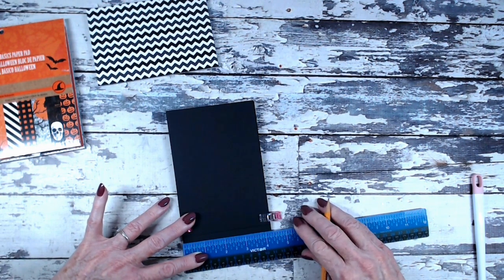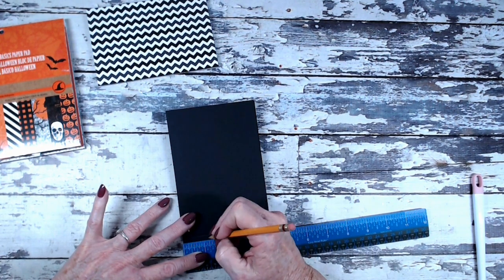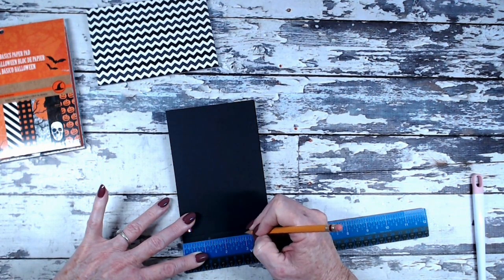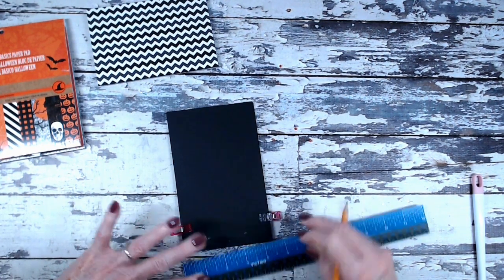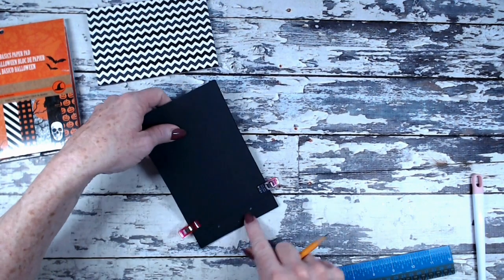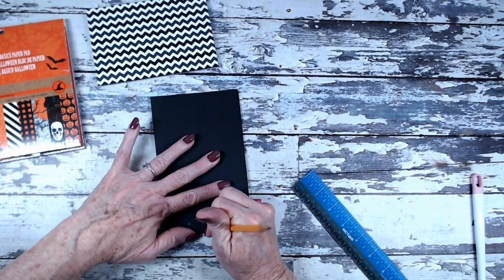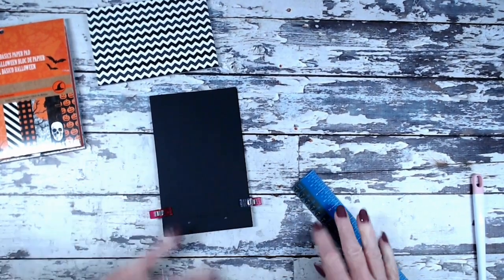Yeah, I'm going to do them at 1 1/4. So I'll put one here and 1 1/4. So that would be putting a mark at 1 1/4 and at 3. Now I've put them in a little far because that's not where the hole's going to go, but I could be able to see that. So we're going to punch all of these,